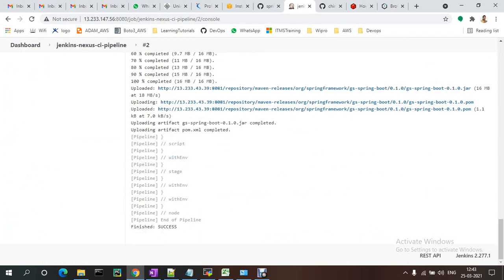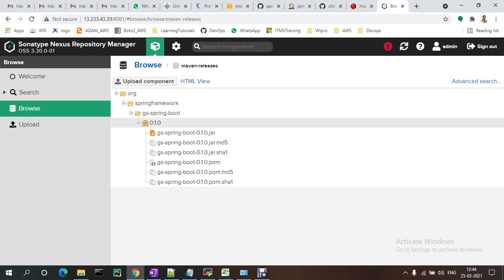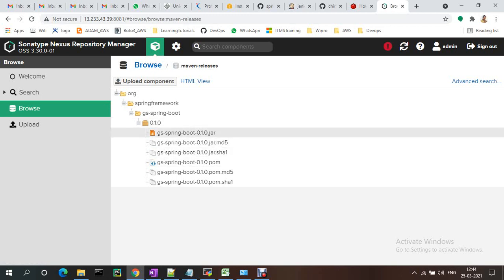Go to console and see build is success, and go to this one repo and Maven releases, and these are the plugin updated. Okay, like this we have to push the tar or war file to the Nexus repository.